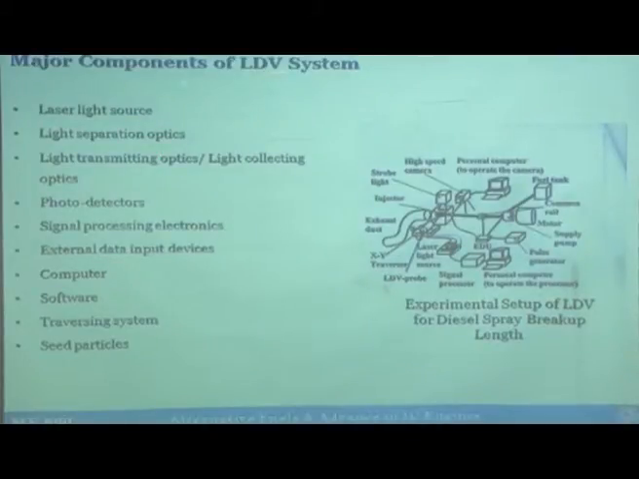So, basically in LDV, laser Doppler velocimetry, you have a laser light source, a light separation optics, light transmitting optics, light collecting optics, photo detectors, signal processing electronics, external data input devices, computer, software, traversing system and seed particles. So, here you see, using the LDV also you are interested in measurement of spray. Okay. So, here is the chamber,